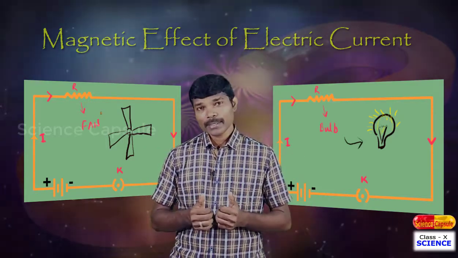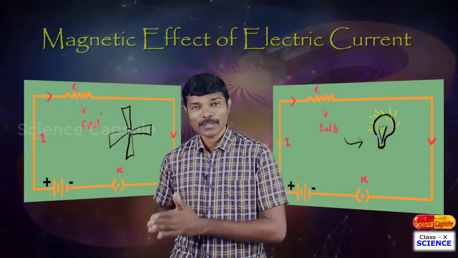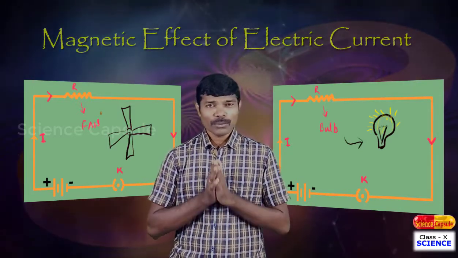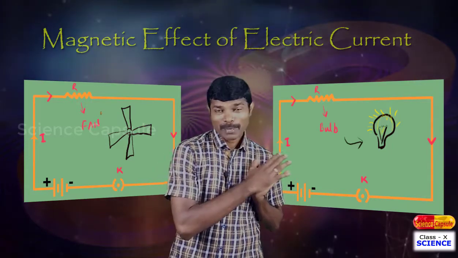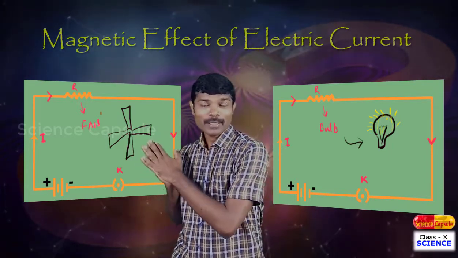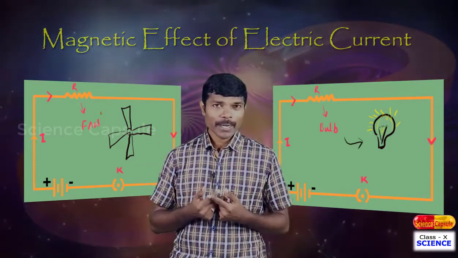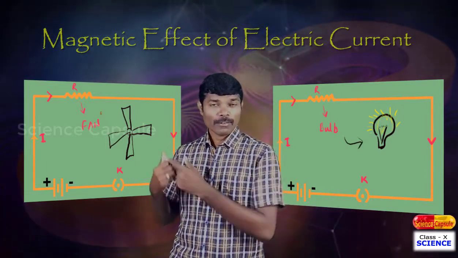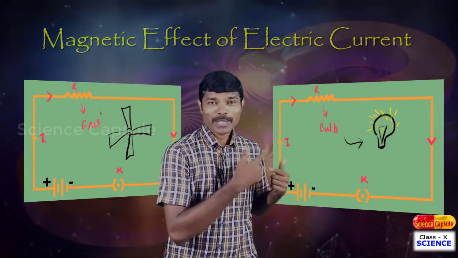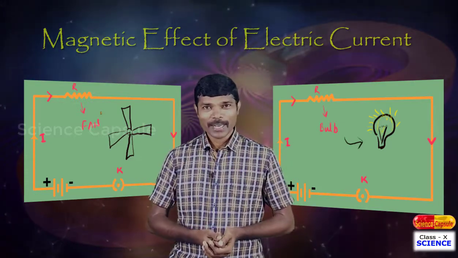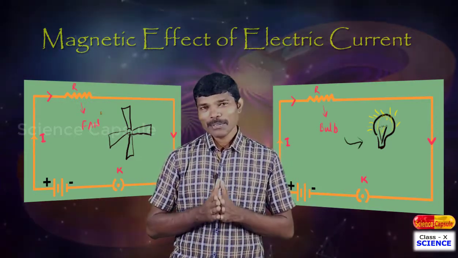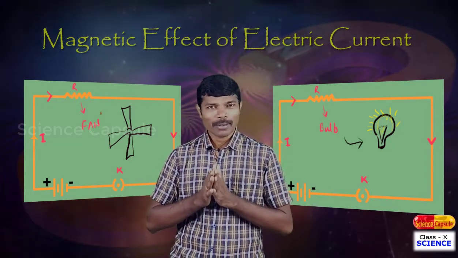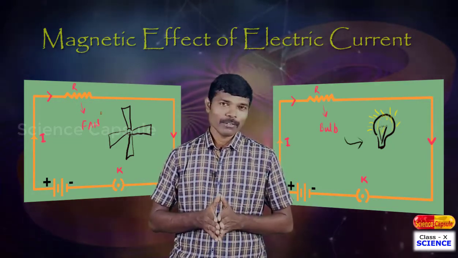Here in both cases, what happens? The electric charges flow, right? Electric current flows. Due to the electrical energy, here the bulb starts glowing, whereas here the fan starts working, rotating, right? Now suppose the electrical energy causes rotation of a fan, then why does the bulb not get rotated? Very interesting, right? Now to understand this, we have to see another important concept of the magnetic effect of electric current.